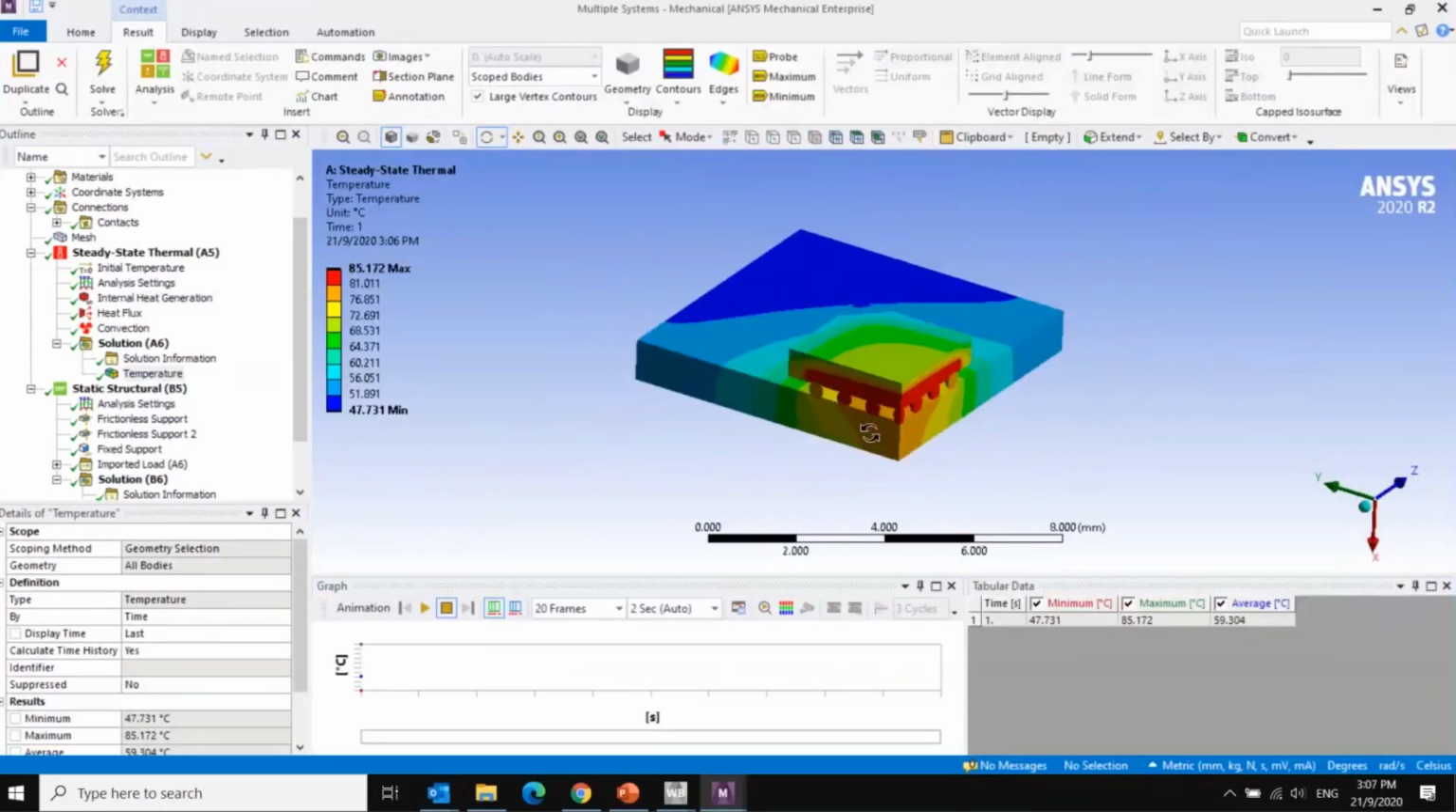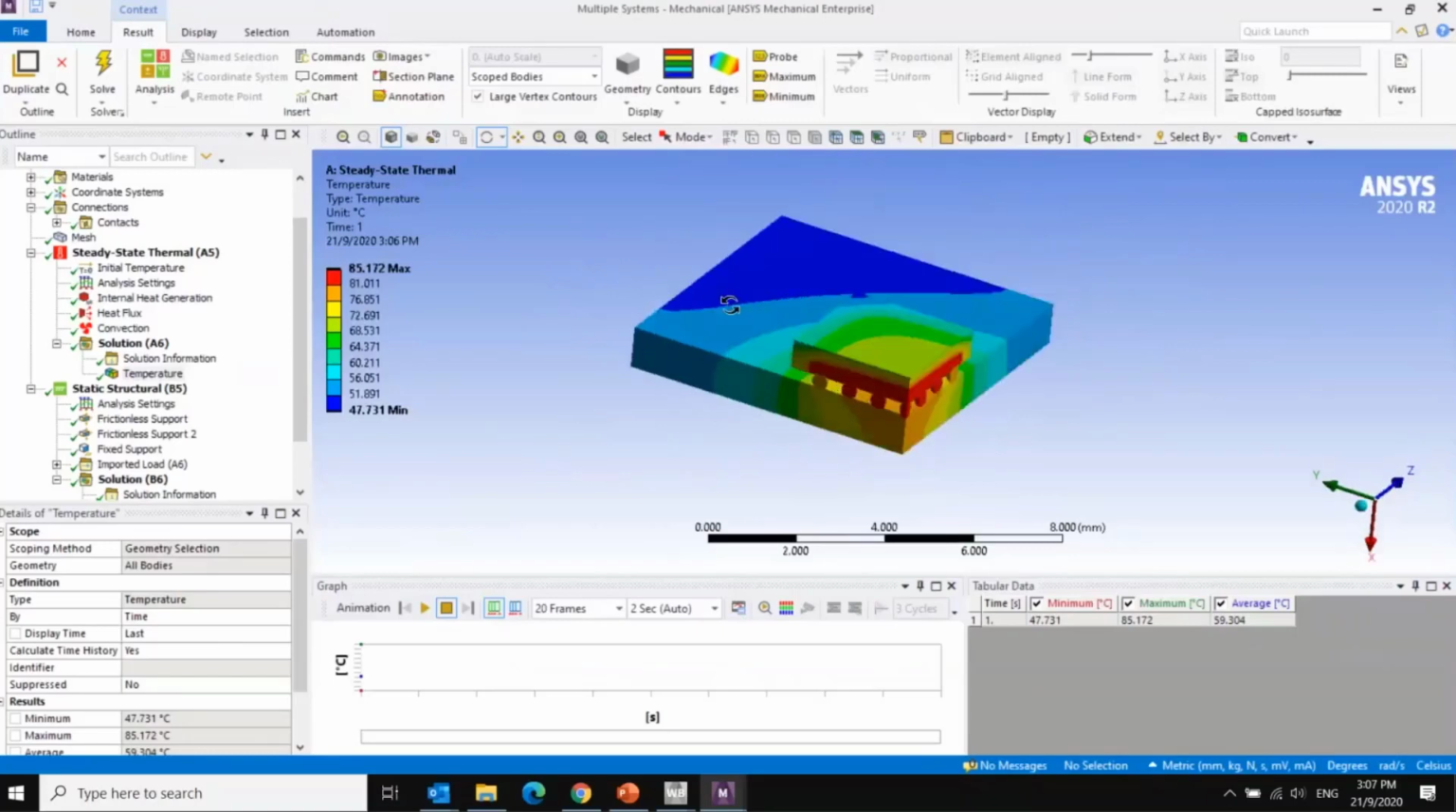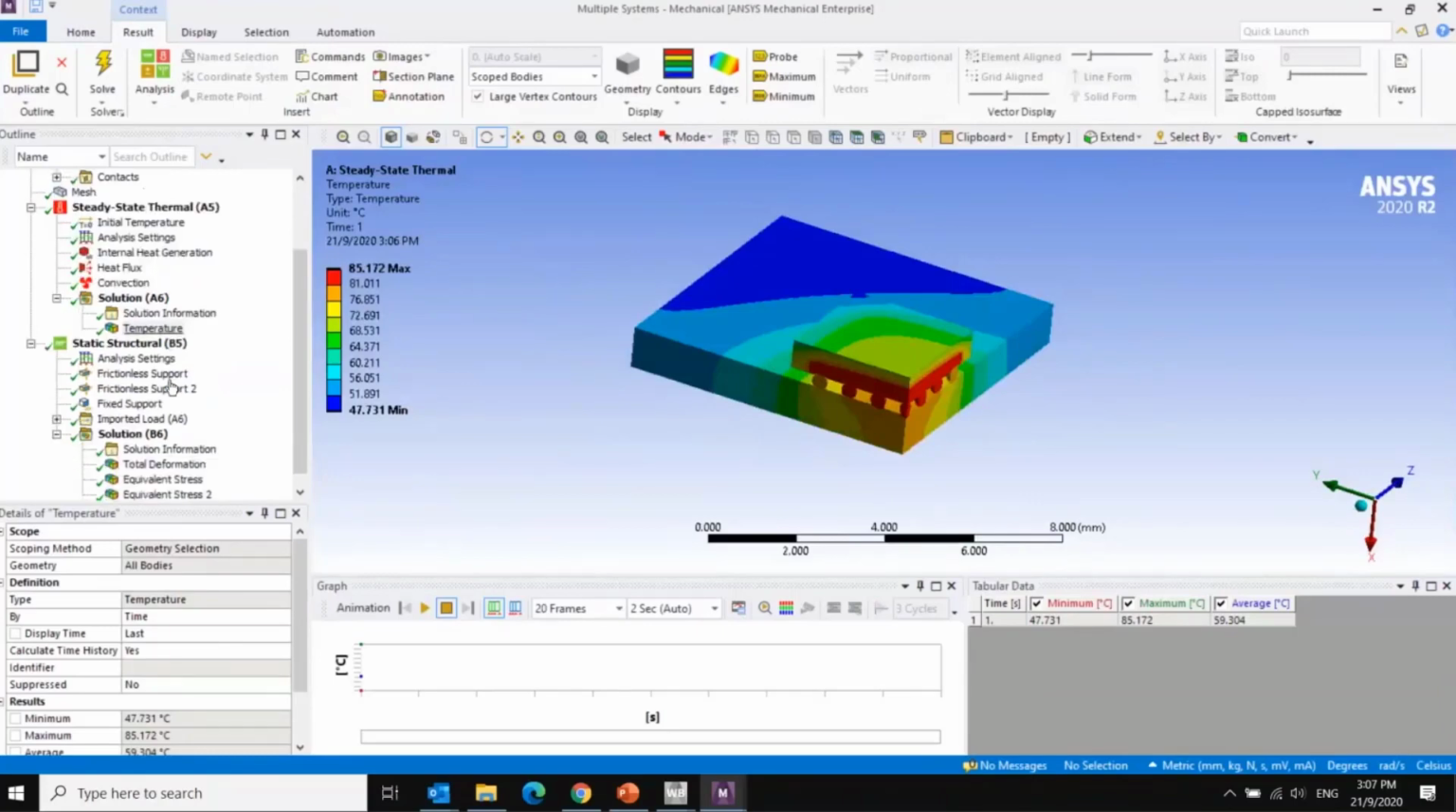Expectedly, the maximum temperature is coming from this part right here, and then as it moves away from the internal heat generation source, it gets cooler and cooler due to the convection and so on. Now, from this temperature distribution right here, we want to use it as the boundary condition for the